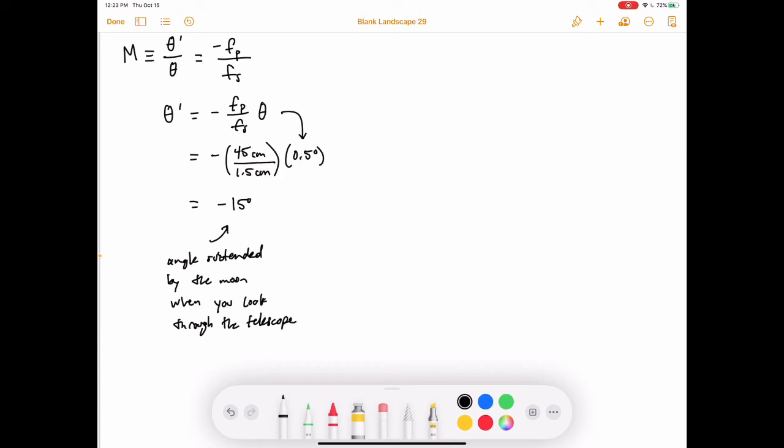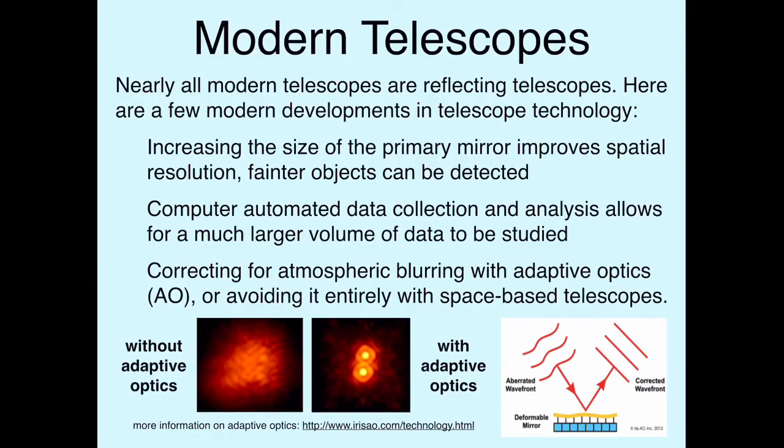Okay, and then the negative sign indicates that the image you see is inverted. Okay? So that's how this works. So I thought we would spend the rest of the time here in this video talking about modern telescopes. So what are some of the more recent developments that have been made to improve telescope technology over the last couple decades? So the first thing to note is that almost every modern telescope that's used for scientific research is